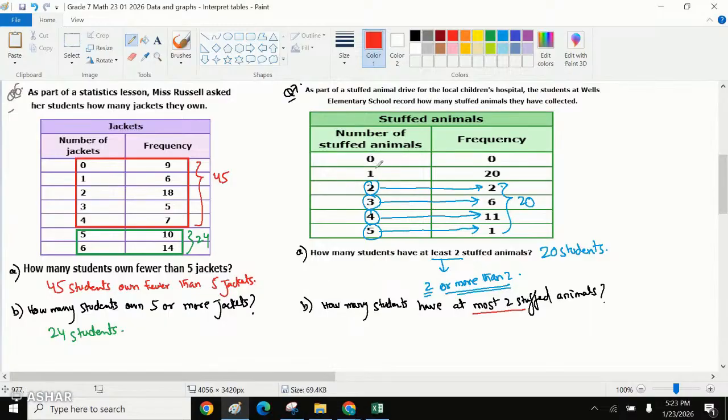So it could be a 0, right? It could be a 1, but it's saying at most 2. That means it could be 2 as well, right? So when we add them, it comes out to be 22,